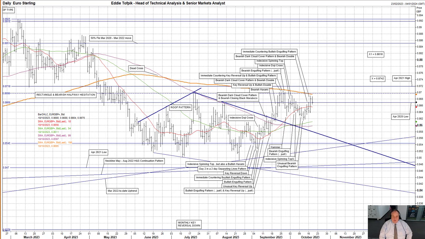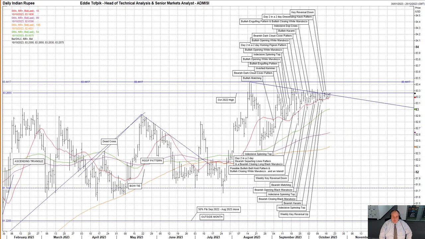At the moment, the long moving average is capping any attempts higher, as can be seen by yesterday's immediate countering bullish engulfing pattern. Beyond this, we have the April 2021 high at 87.19, but then a fairly free area up to target X. It'll be interesting to see if the long moving average is really challenged in the near future. So far today, not much, still at the top end of yesterday's range.